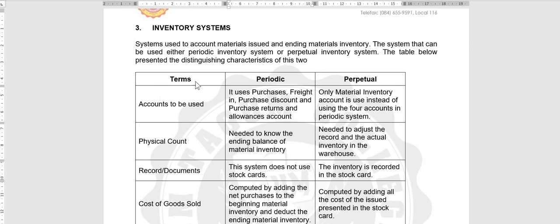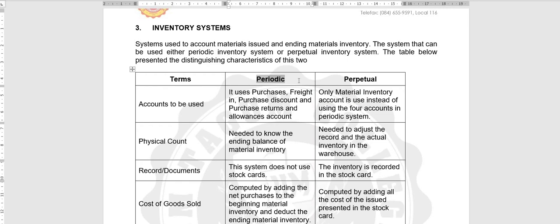So ano ba ang kaibahan ng dalawa? So we have here the differences or a comparison between the two inventory systems. So again, this inventory system will help us know how to record. The manner of recording transactions under periodic inventory system is different from that of a perpetual inventory system. So before we go to the specific details, I'd like also to say that yung periodic inventory system